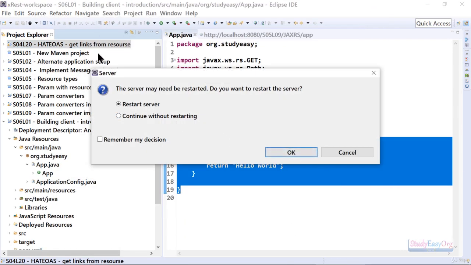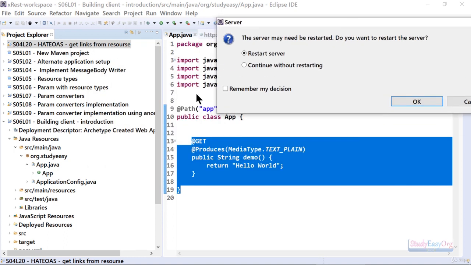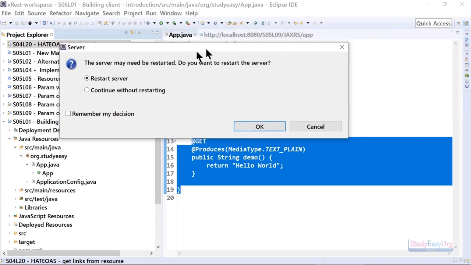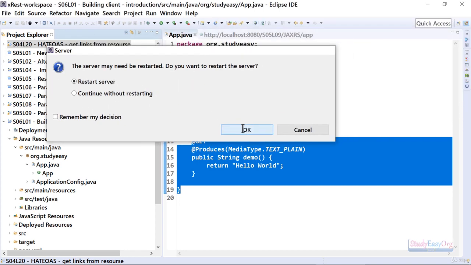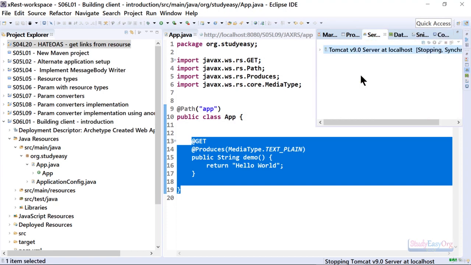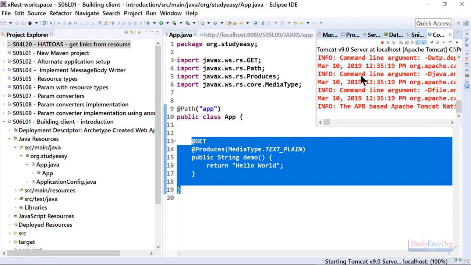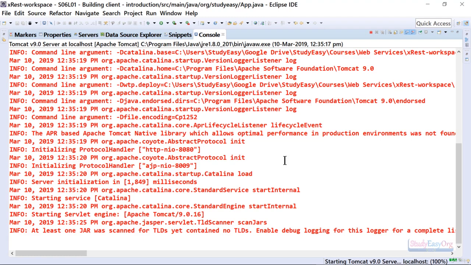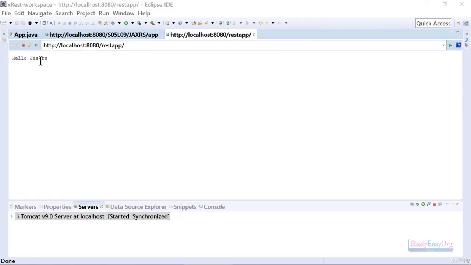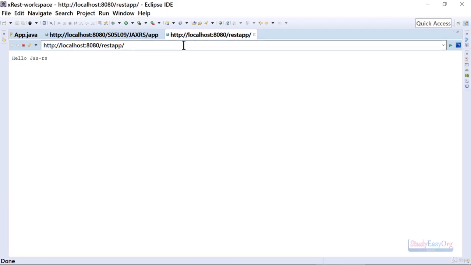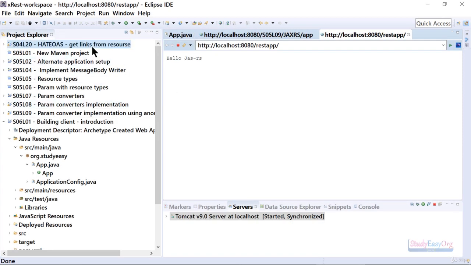Take a note of it. We need to run this application, which is the HATEOAS get links from resources project, along with the building client introduction project which we are working on. So both projects need to be added. As a result, we need to do something special in here. I will show you how we will deal with this in a minute. First of all, let me run this application and let me show you the URL which we will test as of now. Alright, the application is up and running,